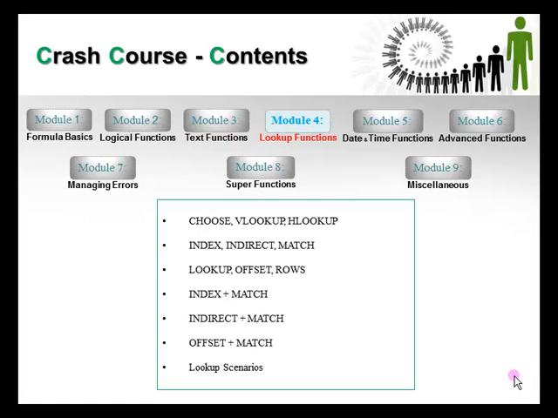In module 4 we have lookup functions, which include choose, vlookup, hlookup, index, indirect, match, lookup, offset, rows, index match, indirect match, and offset match. These are combinations of formulas which give better results than the individual functions. And there are a few lookup scenarios. We will see all those things while working on module 4, and then we'll move on to